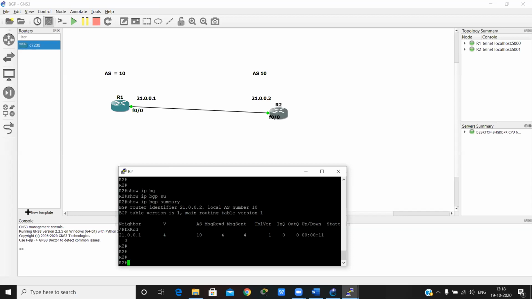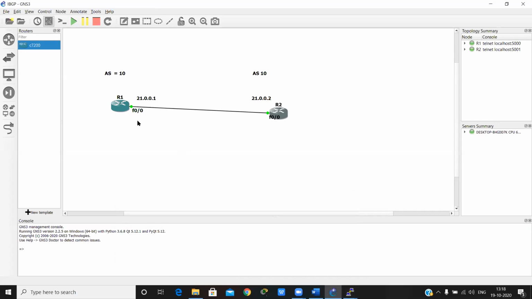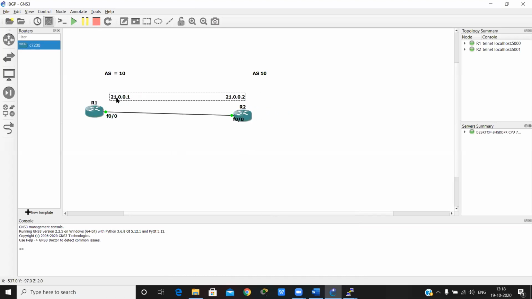And now we can perform IBGP indirect, meaning source and destination are both in different networks. The AS number is the same, but source and destination are in different networks.